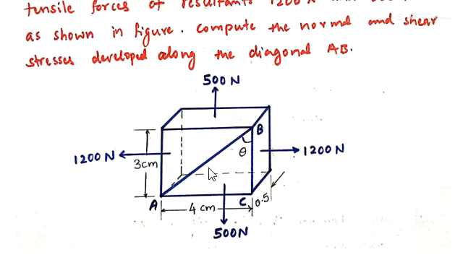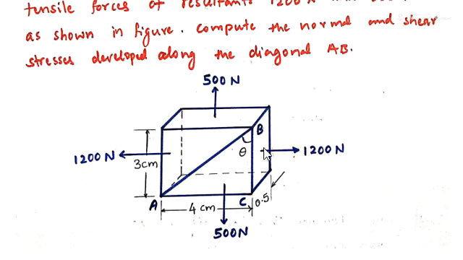and on the diagonal AB we have to find out normal and shear stresses, and this diagonal is making an angle of theta with this plane, that is a normal cross section. And here dimensions are given like 4 centimeter length, height is 3 and width is 0.5. This is centimeters and this is theta. And in this case we are supposed to find out, as I told already, normal and shear stresses on this